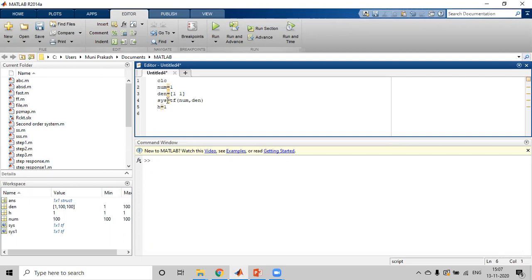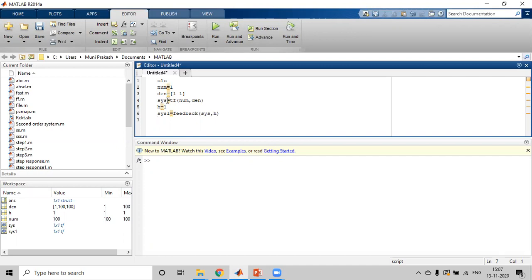Then the combination of these two will give a closed loop system. We are assuming SYS1, any variable you can take. SYS1 is equal to feedback of the already existing system, that is SYS, and for that system we are adding a unity feedback H. Now this will give the closed loop transfer function.